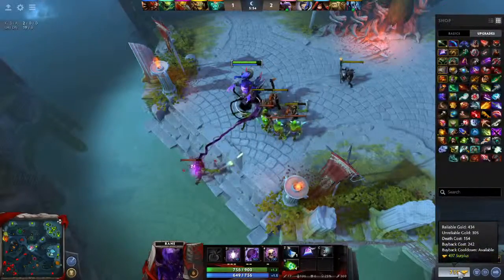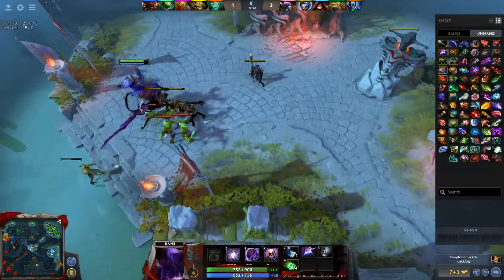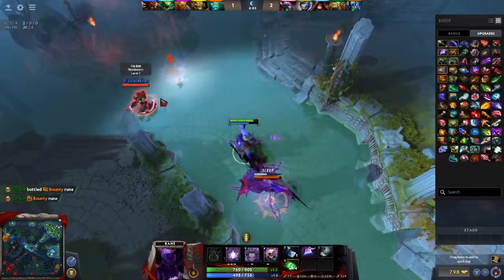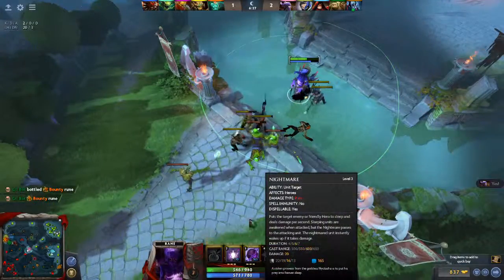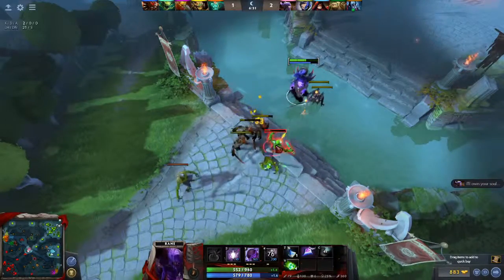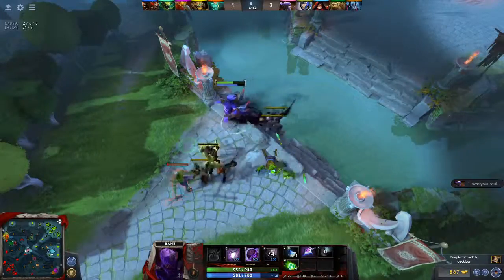Basically, the issue was that whenever I clicked on shop, it would immediately activate the search bar, which of course meant if I was trying to move the camera, it suddenly...